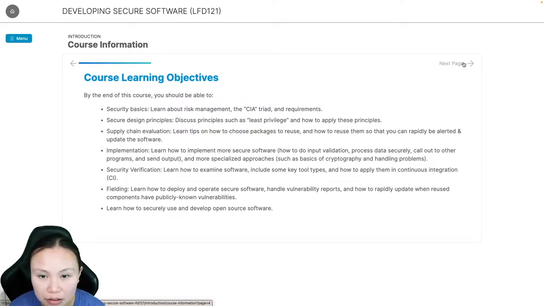So learning how to choose packages to reuse, how to reuse them so that you can rapidly be alert and update software. So update is very important. If you are having anything on GitHub, there is Dependabot and stuff, so it keeps reminding you to update all the time. So in implementation, how to implement more secure software,